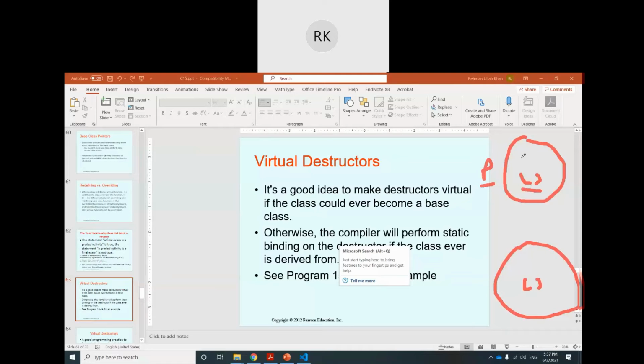So if this function is a destructor, a destructor is also a function. If there is one destructor in a parent class and we derive a child class, and in the same way, to the base class pointer we assign a child class object, then due to the redefining problem, which makes static binding, every time the parent class destructor will be called and the child class destructor will never be called. So if the child class destructor is never called, it means we cannot remove the child class object from memory.